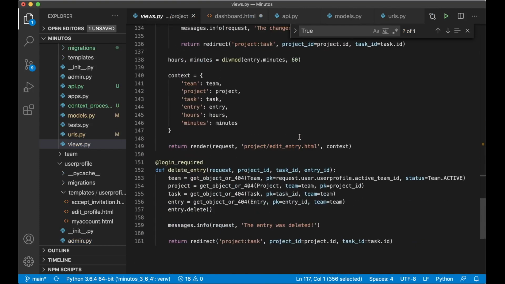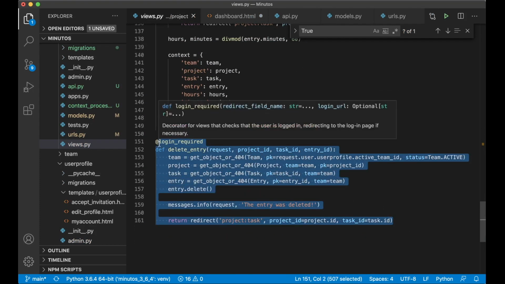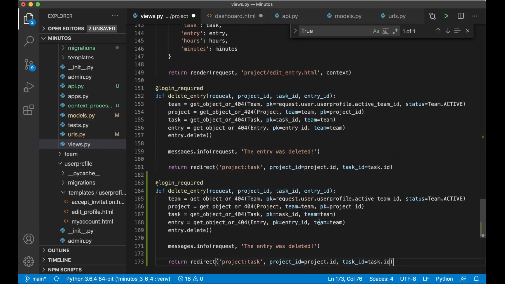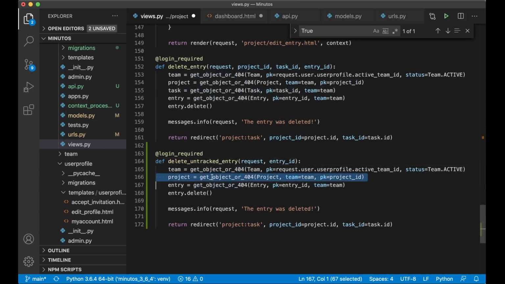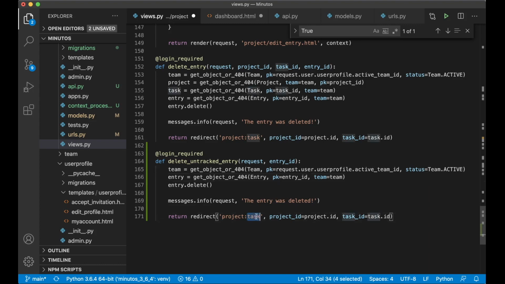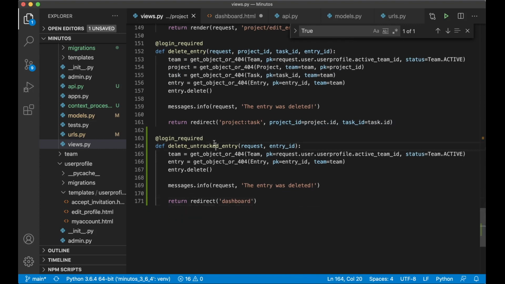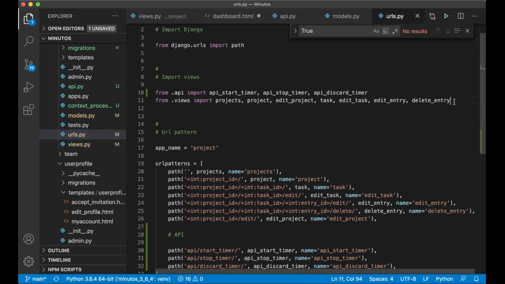So I need to create a new function. Just copy this, delete untracked entry, and I don't need a project ID and the task ID. It can just be like this. So remove that line, and then I can return the user back to the dashboard and remove this. Okay, so now I can copy this, go back to the urls.py, import the view,